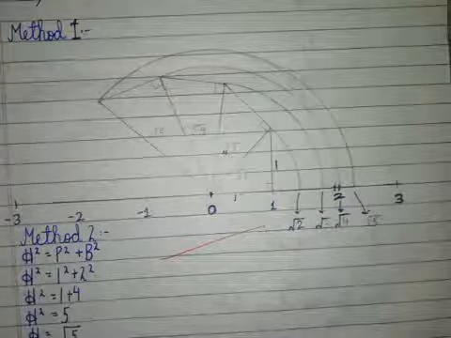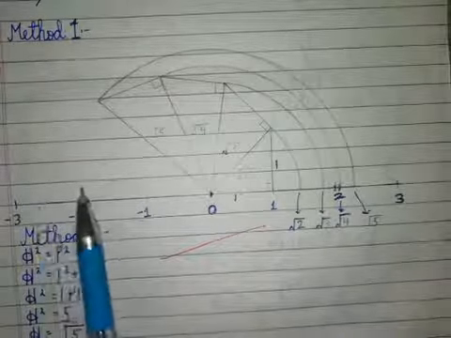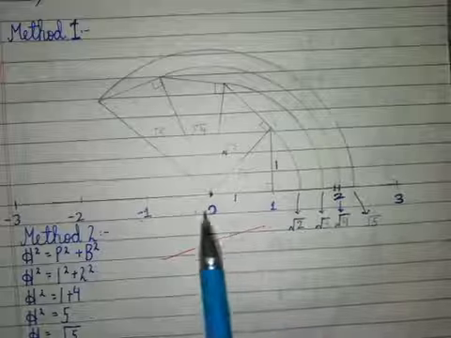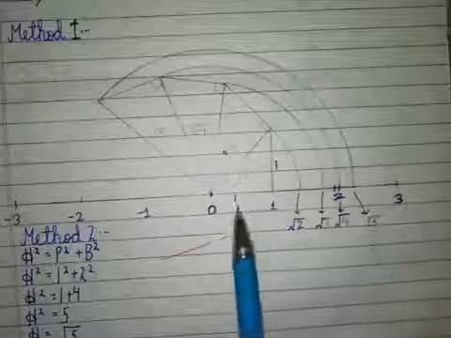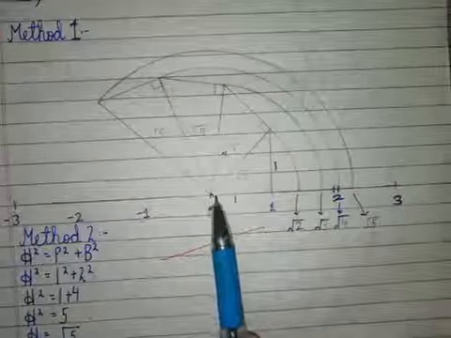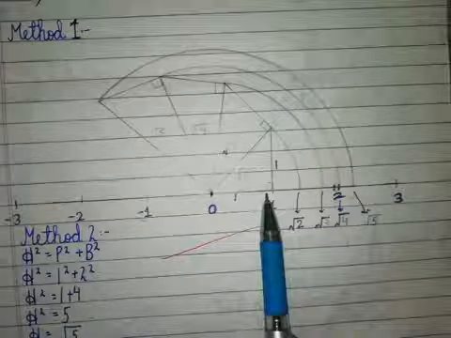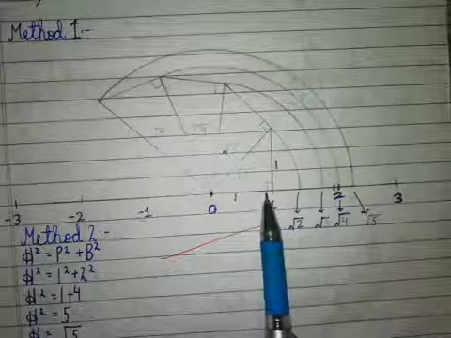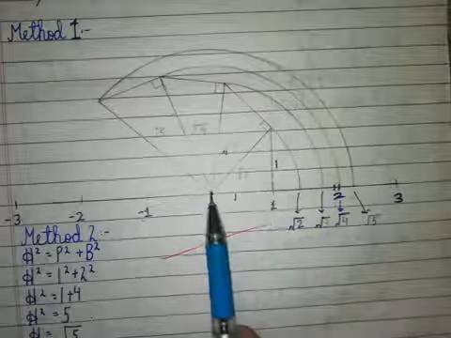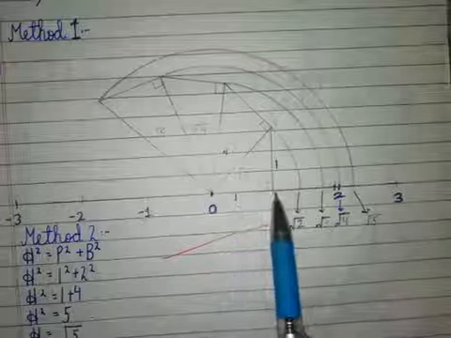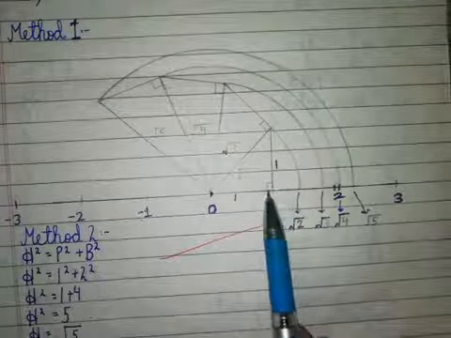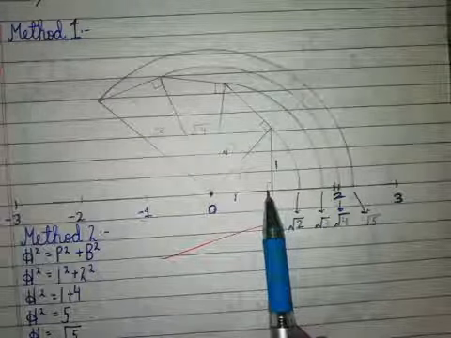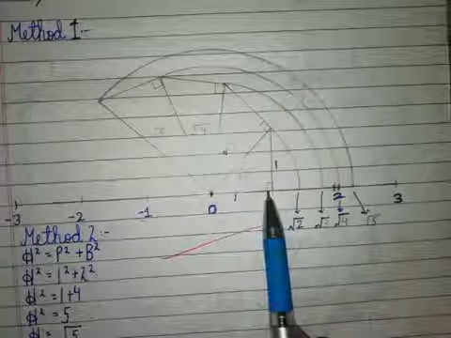So let's start. In the first method, to represent under root 5 on a number line, what we have to do, first of all, draw a number line, okay, and on this you may take a distance of 1 inch. If you take 1 centimeter, that will be very small, okay. So 1 inch here, and draw a 90-degree angle, and here also you may draw this 90-degree angle, okay.